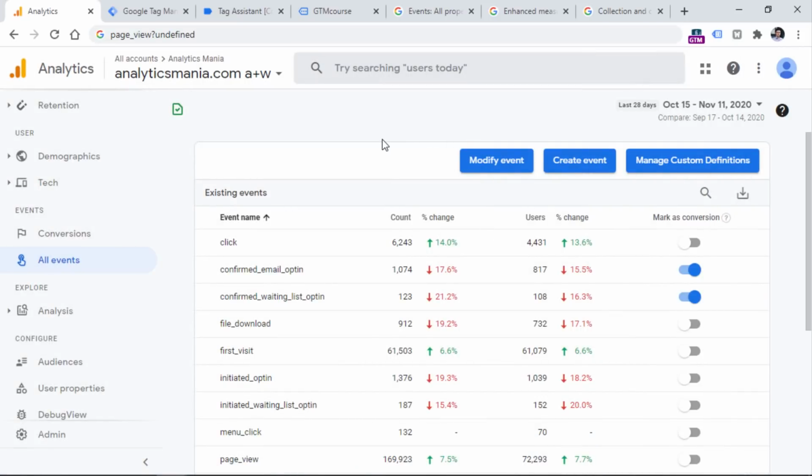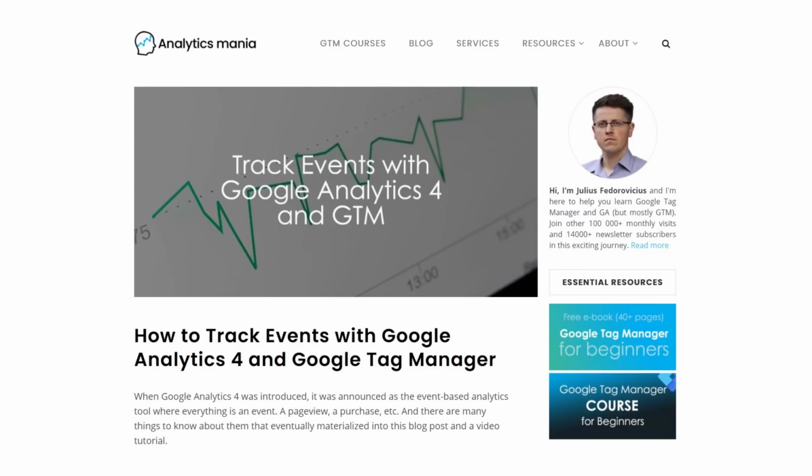If you want to fix some events, modify event is one of the ways to go. The other way, of course, could be fixing problems in the code or in Google Tag Manager. But if you have some problems and you cannot fix the incoming data from your tagging tool or from your code, then modify event can definitely be a quick time saver, or at least the option to implement a hot fix. And then after a while, you can properly reconfigure your tags in Google Tag Manager. If you want to learn more about modifying and creating events from the Google Analytics 4 interface, I'll post a link to a guide below the video.